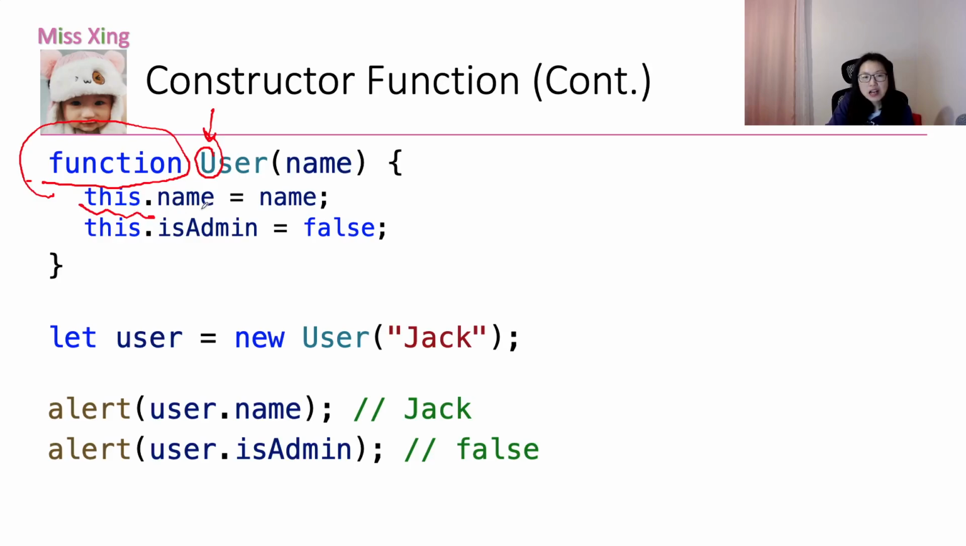And here, when we create a new user, you must use the new keyword to call it, new User. Then this user is going to have name and isAdmin. So later on, when you alert user.name and user.admin, you can get the values. Now let me show you this behavior in our